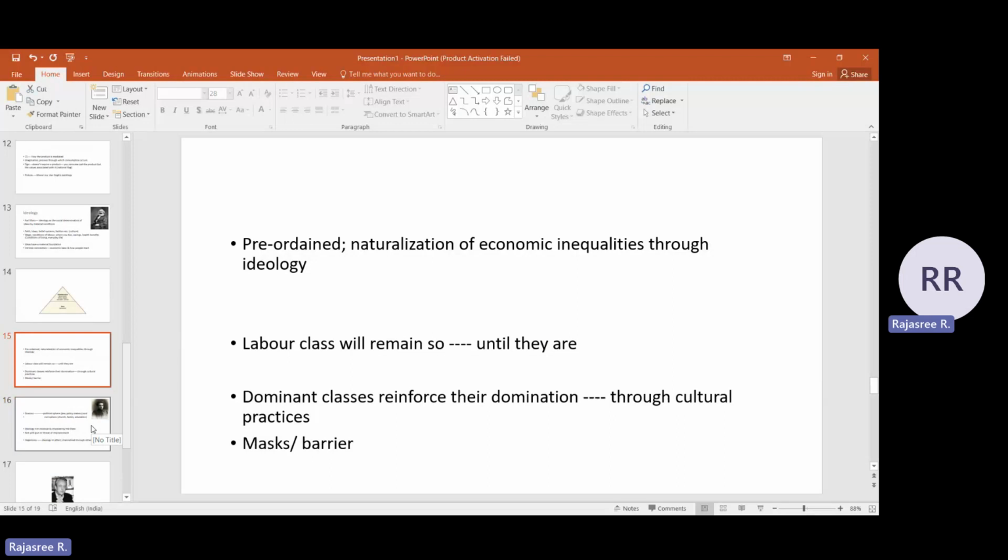We often refer to it as false consciousness. Marx called it false consciousness. So it is a system of ideas, values, or beliefs according to which we perceive the world, where this exploitative